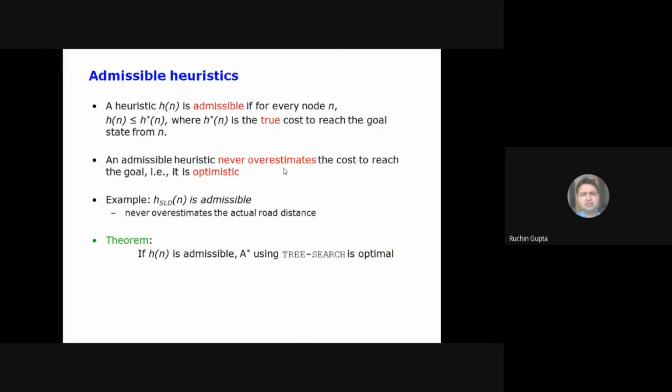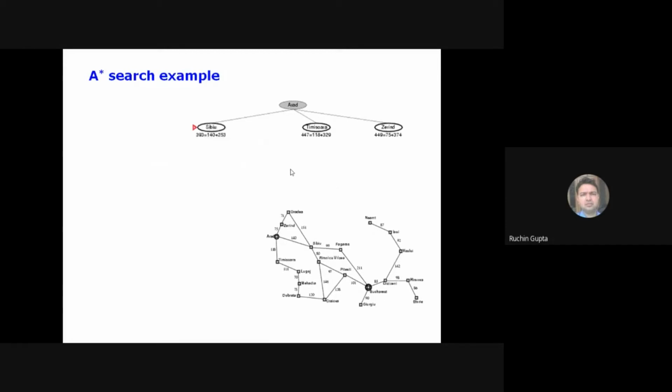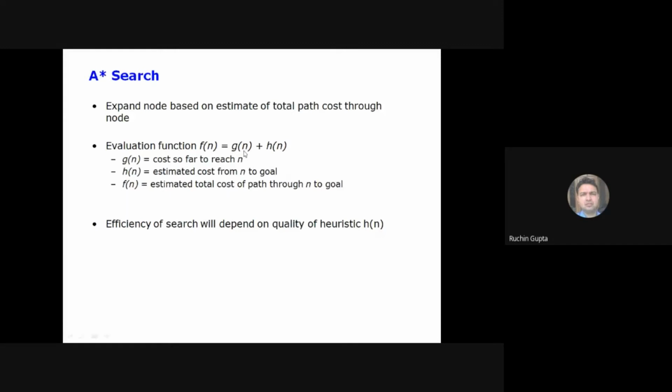Yes, any question into this problem? Any question into this algorithm? So I ask you, what is this g(n)? What do you understand by this g(n) value? What is this g(n) and what is this h(n)? Yes, Ishita Rai, can you respond? What is this g(n) function? Ishita Rai, can you respond?